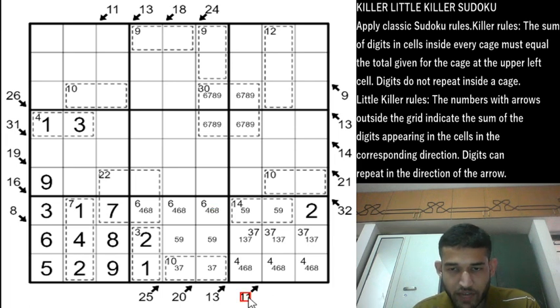Now if you see this 11 total, you can't have a 1 here and satisfy the 11 total. So 1 can be removed from this cell. This will only be 3 or 7. So which means 8 and 4 are the only possibilities there. We can remove the 6.